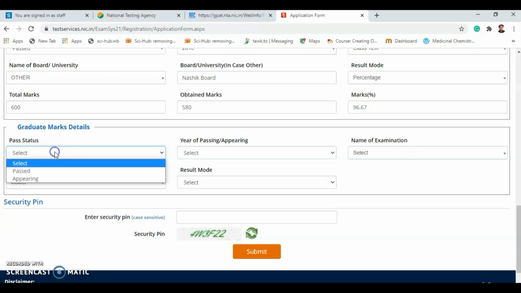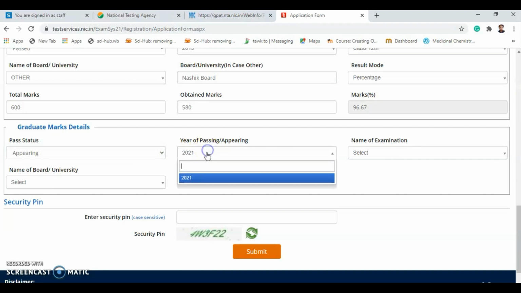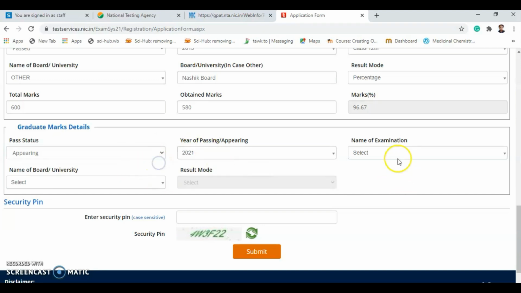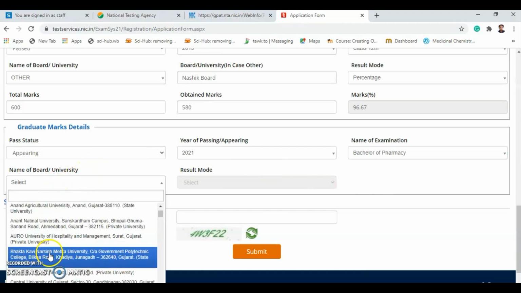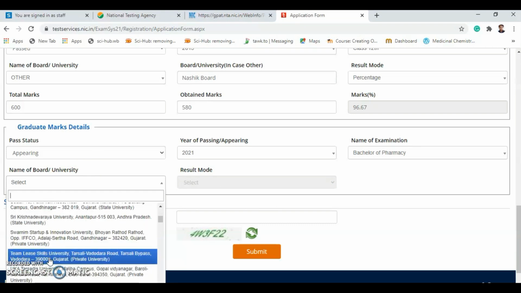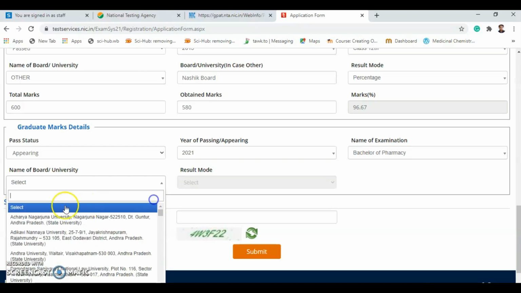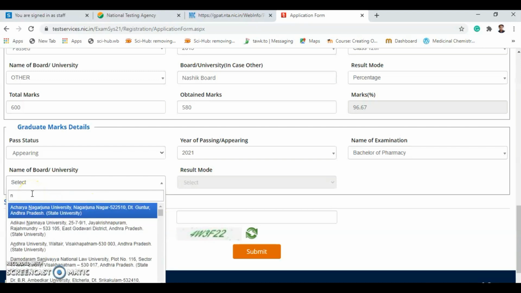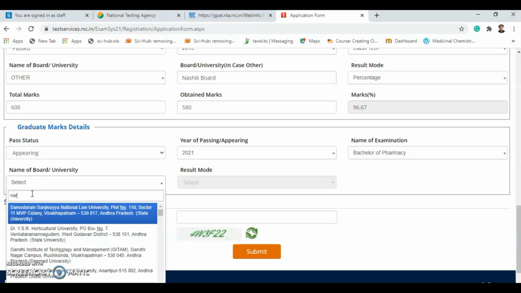Then graduate marks. Right now you must be in final year, appearing. Select examination, Bachelor of Pharmacy. And here you need to choose the name of the university. Just type the initials. In our case it is North Maharashtra University. I'm searching whether North Maharashtra University is there or not.